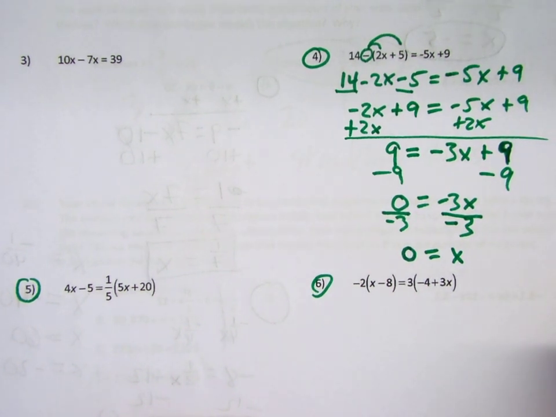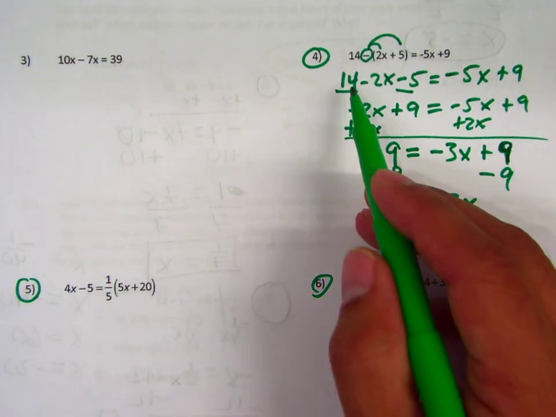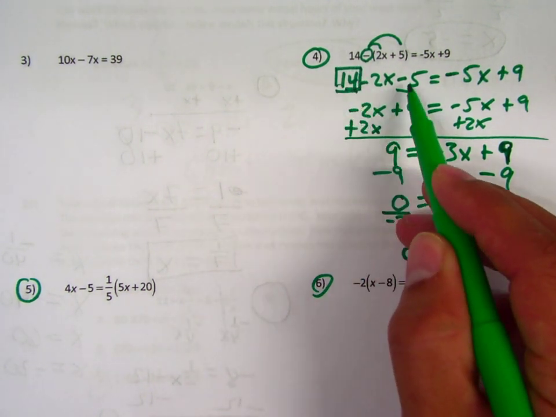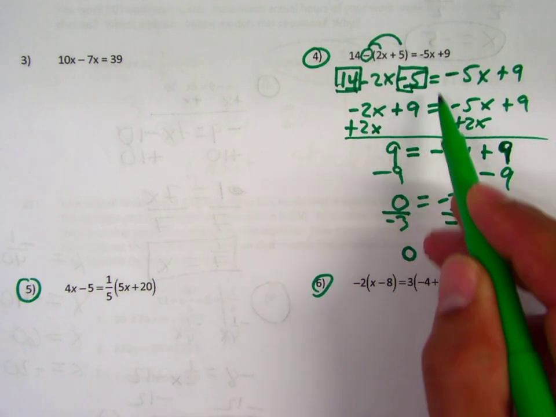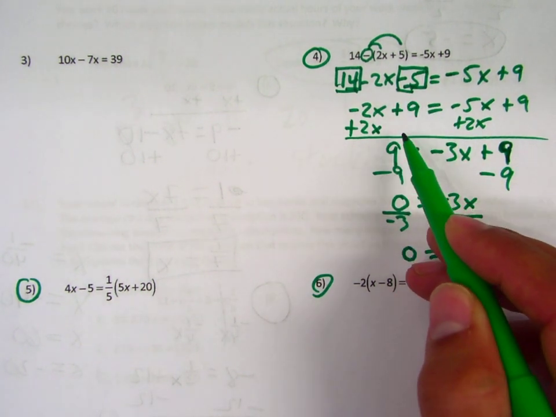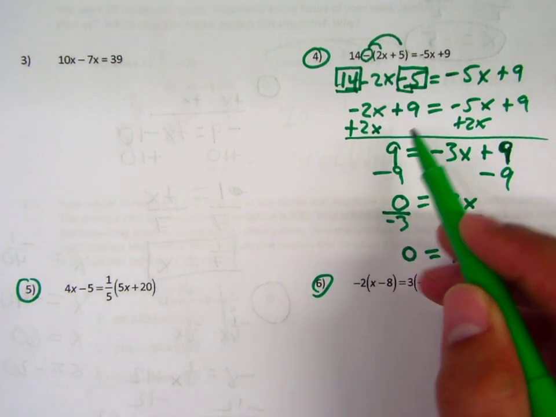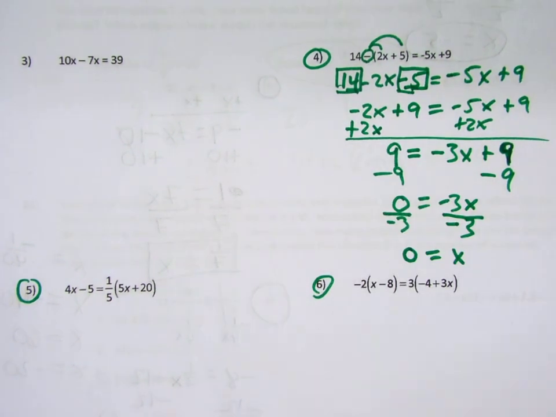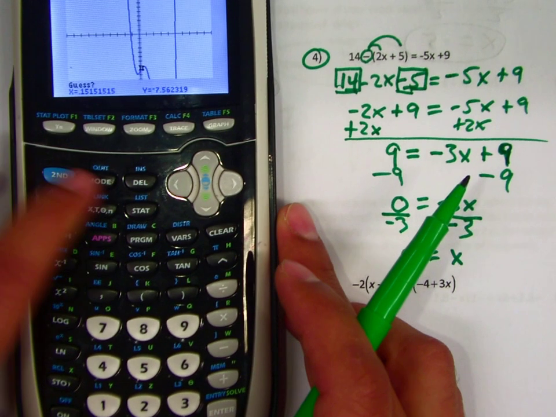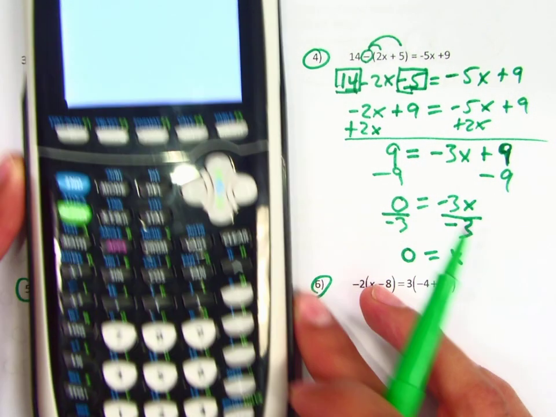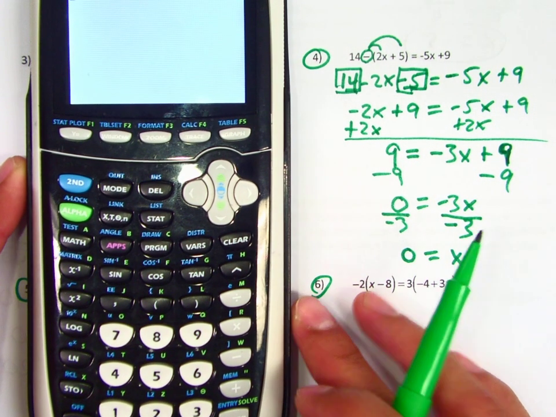Did I forget about the 14? This one over here? We combined 14 with minus 5 to make it into a 9. Does that make sense? Okay. So we combine like terms and then we go from there. And I know we just went over it, but for those that are not here, I'm going to review one more time on the calculator how you can